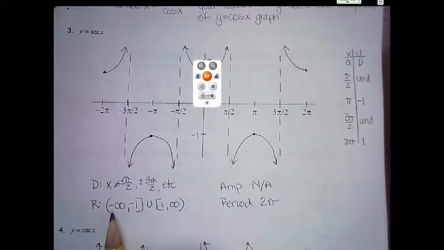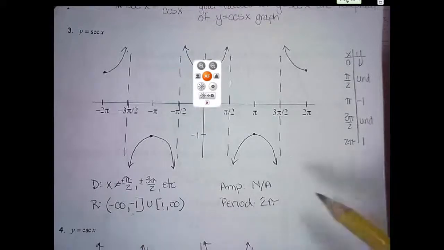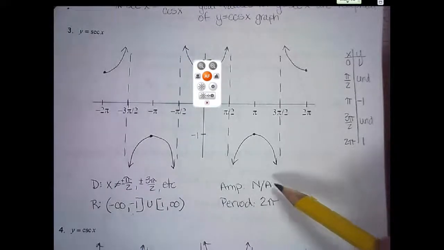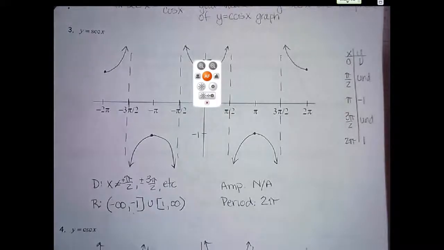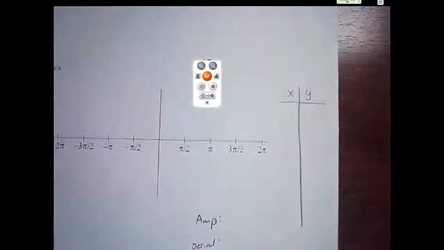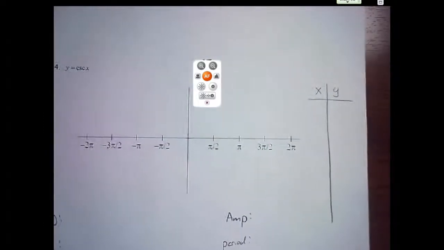The range is from -infinity to -1, or, that's the symbol for or, and then 1 to infinity. I do not mind if you actually write or out. Amplitude, this is not a wave, so it's NA. And then the period is 2 pi. So that's what we did yesterday. So today we're actually going to be graphing the other 3. And the first one we are going to do is